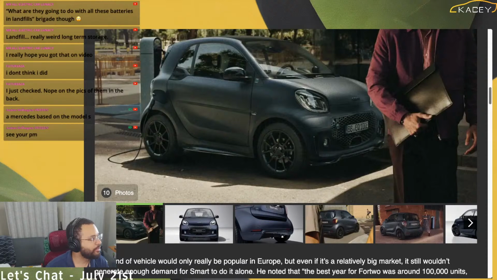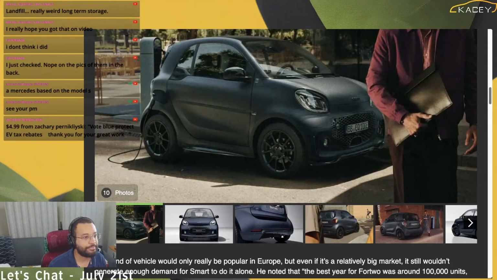Okay, I'll take a look over here on this window. Oh, Zachary, vote blue to protect your EV tax rebates. Thank you for your great work. Thank you very much, Zachary. Appreciate it.